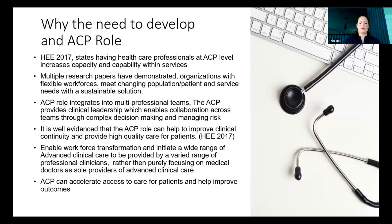We are midwives who want to train, want to expand ourselves, and we want to stay clinical. And that's a sustainable solution in terms of long-term outcomes if we can get more of us doing it. The ACP role integrates into multi-professional teams, and the ACP provides clinical leadership, which enables collaboration across teams, complex decision-making and management of risk. I think having someone clinically on the shop floor with that leadership ability can really support the younger and new preceptors coming through, helping them make complex decisions and make sure they're providing safe and effective